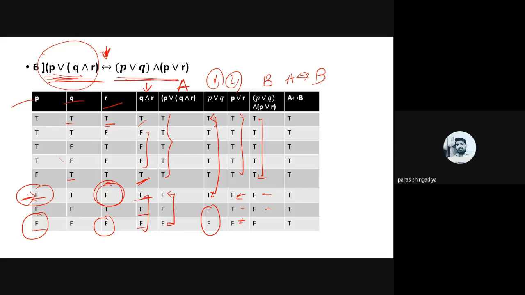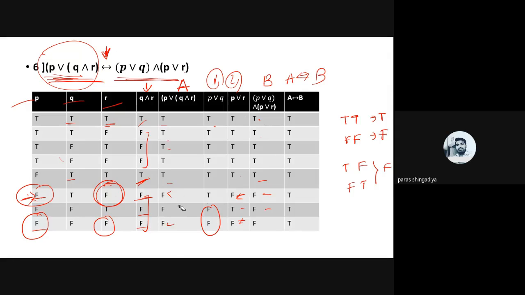So what is the meaning of the biconditional operator? If both statements are T, then the output will be T. In the second case, if both are false, then the output will be false. In the remaining cases, either T to F, otherwise F to T, it will be false. This is the result of the biconditional operator. So just check all the values in both columns. Both are T, it is T, that is also T, that is also T.